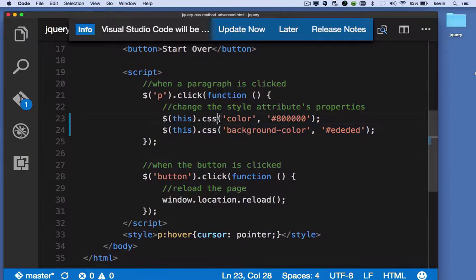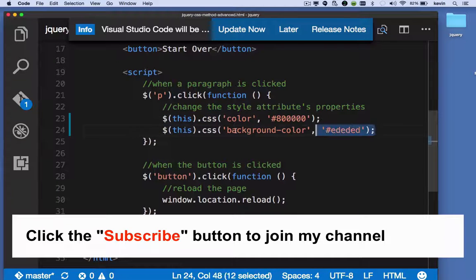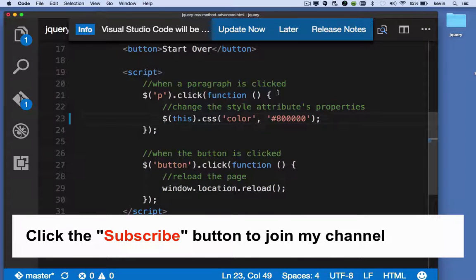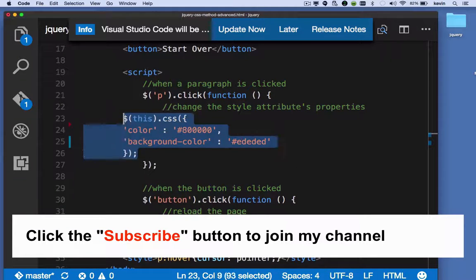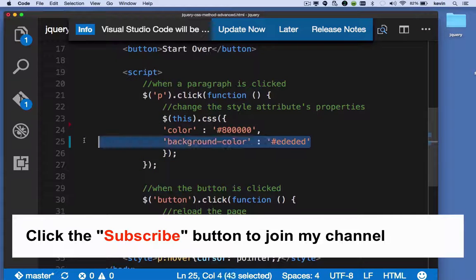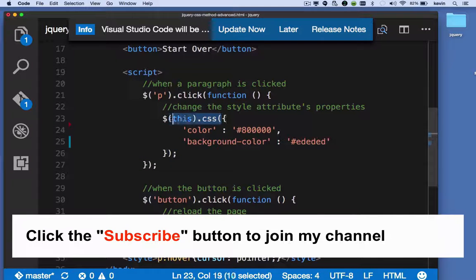So instead of calling the CSS method twice on the same element, this right here is very inefficient. So what we can do is we can call the CSS method once and pass it an object. So instead of passing it two strings, I'm going to change this to an object, and this object has multiple properties. So now I'm calling the CSS method once, which is much more efficient, and I'm passing it an object